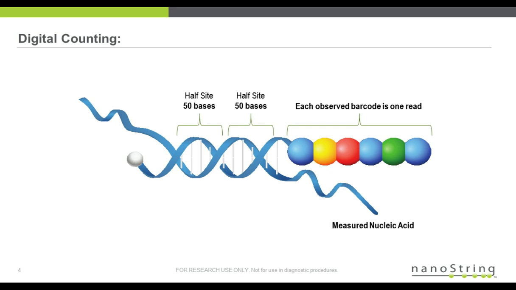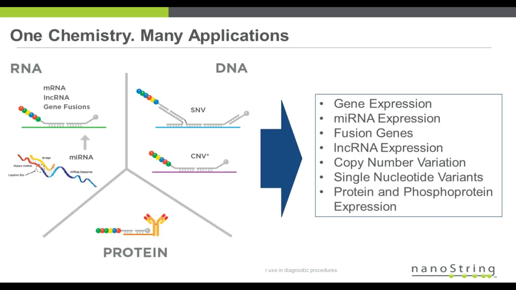It combines with the single molecule optical barcode that allows us to see a single molecule, and then we digitally count that. And that's the intrinsic nature of our detection chemistry. Now, these barcodes that we've developed, and this is important work that we did in a long collaboration with MD Anderson, where Mike, who is on this webinar also, came from, we advanced this barcode technology so we not only measure RNA expression, we can also measure single nucleotide variants in DNA, and we also can measure protein single molecule counting.